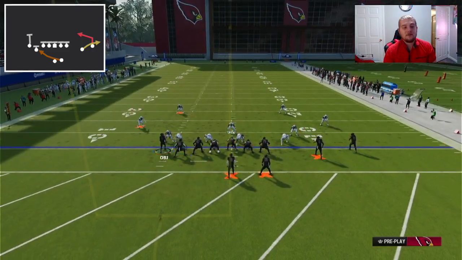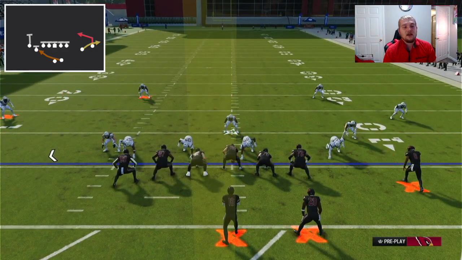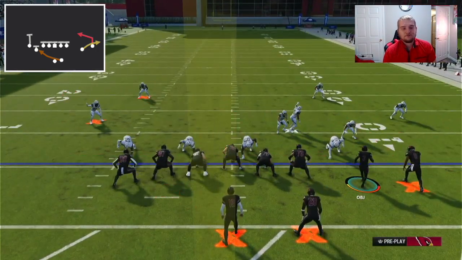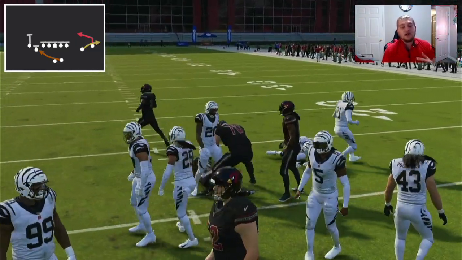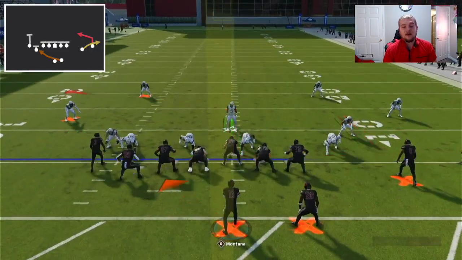We can also do the same kind of thing that we've done with other RPOs: motion this guy out, turn him into a hitch, and you can motion him back to the other side of the formation. You can really do whatever you want with this, but if you do this, as you guys can see, they play it a little bit better on that right side. So I really recommend no motion with this RPO,